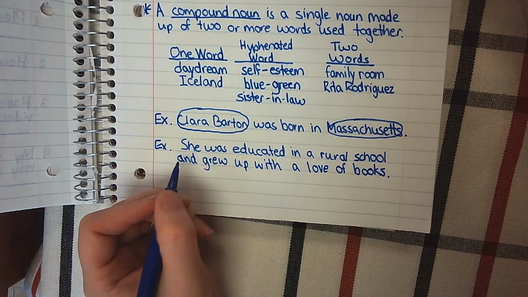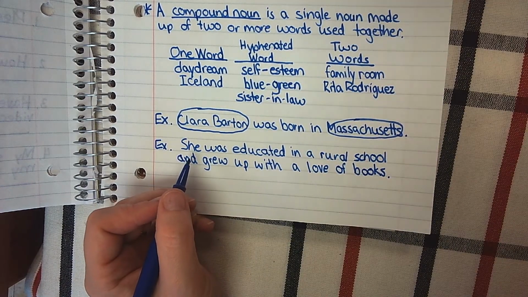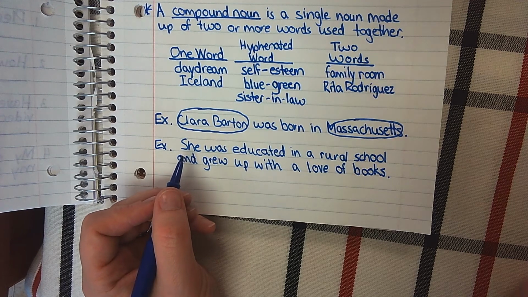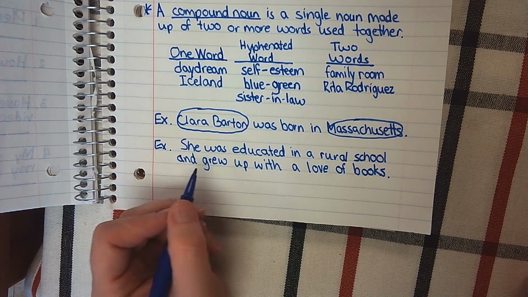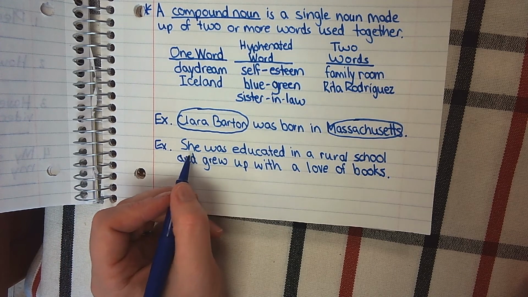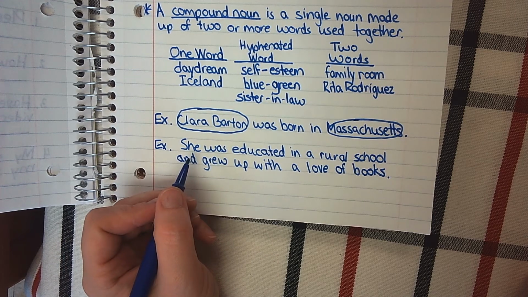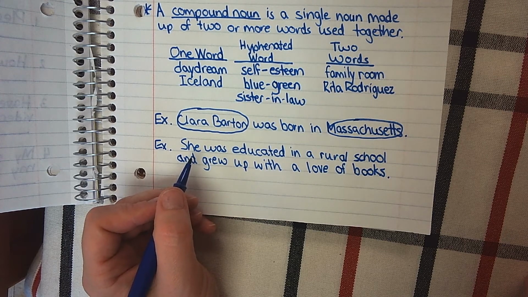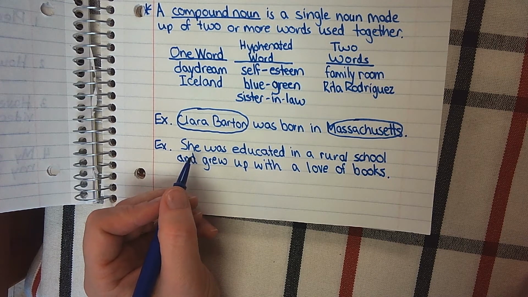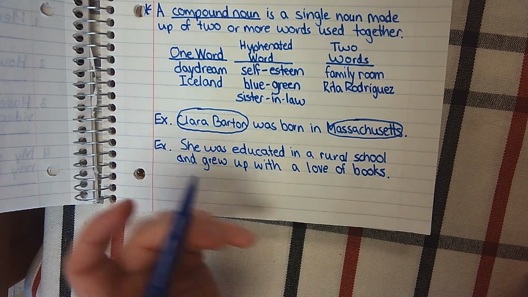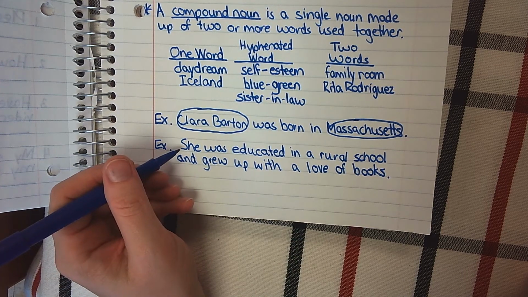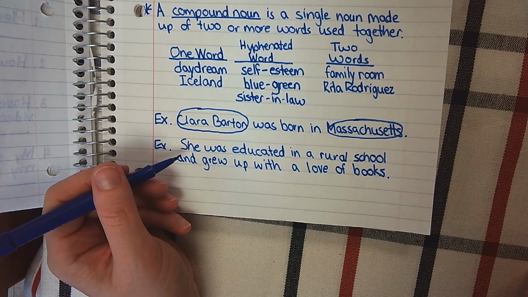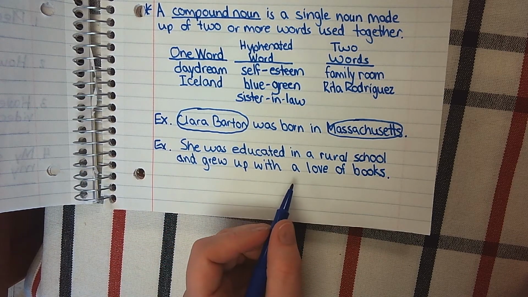Okay, so let's check all the different kinds of nouns that we know. So are there any people? Okay, the answer is yes, there's a person. The person is she. We're not given a specific name. She, in this case, is actually used as a special type of noun called a pronoun. And we'll learn about those later. It's actually in our next lesson. But we're not going to identify she, in this case, as a noun. We're going to wait until we learn about pronouns. But there are no other people in this sentence.